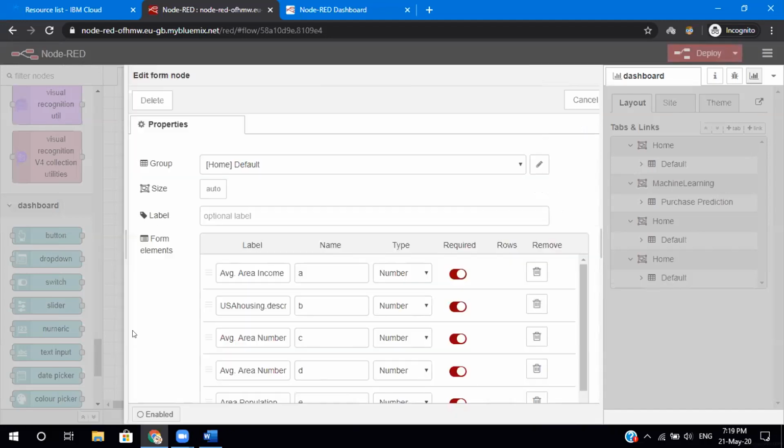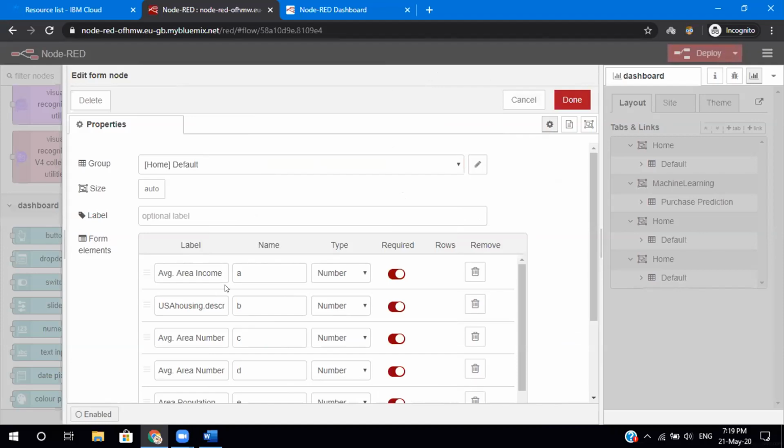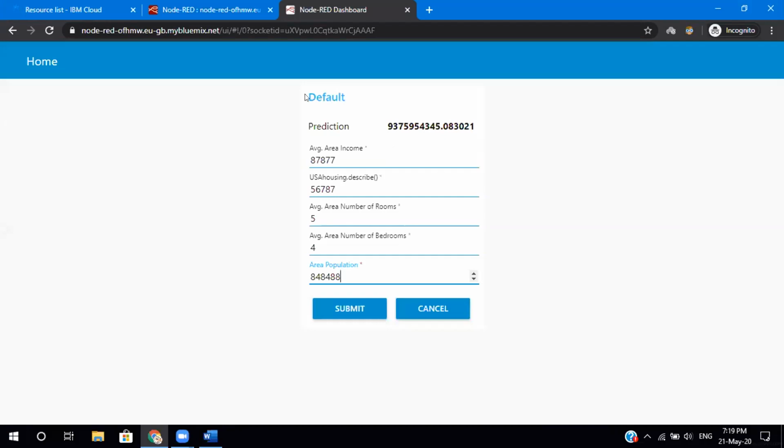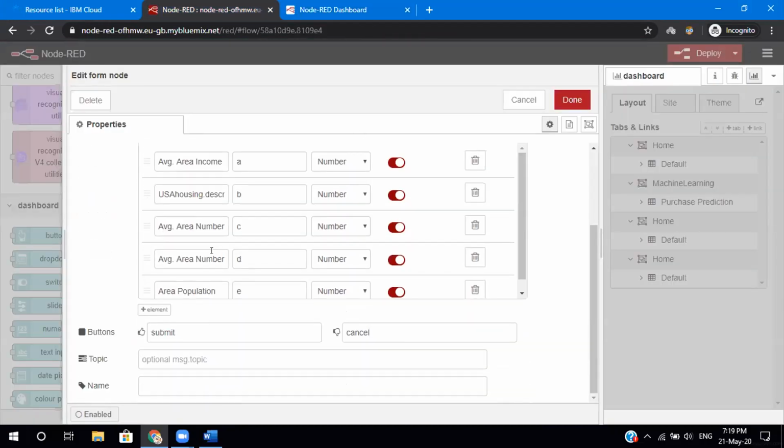Okay, so what it is actually doing is it is going to group all of your items into one place. So this is one group. If I have another group, I'll be able to see some other group here. I have home group here. I'll be able to see some other group here, somewhere here maybe. Okay, so that is what is going on here.